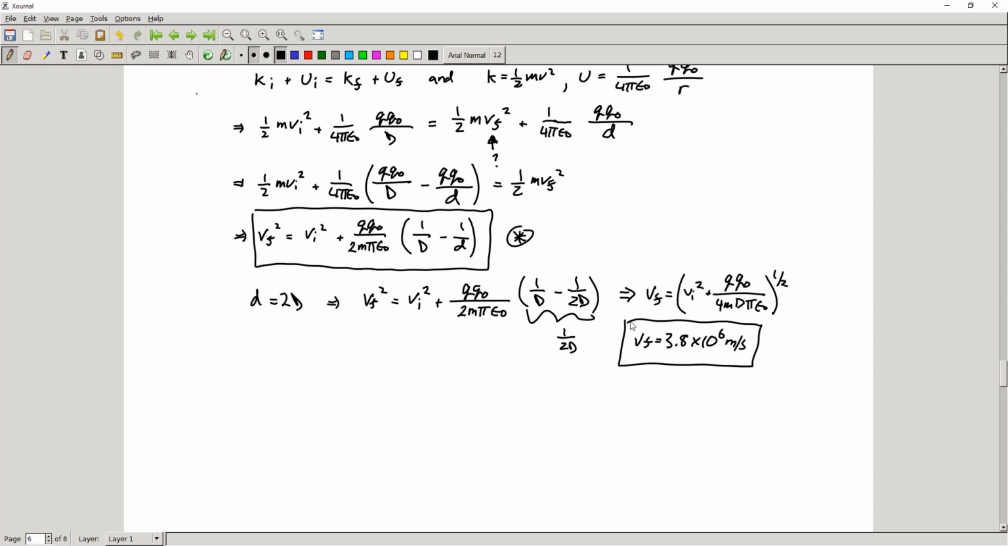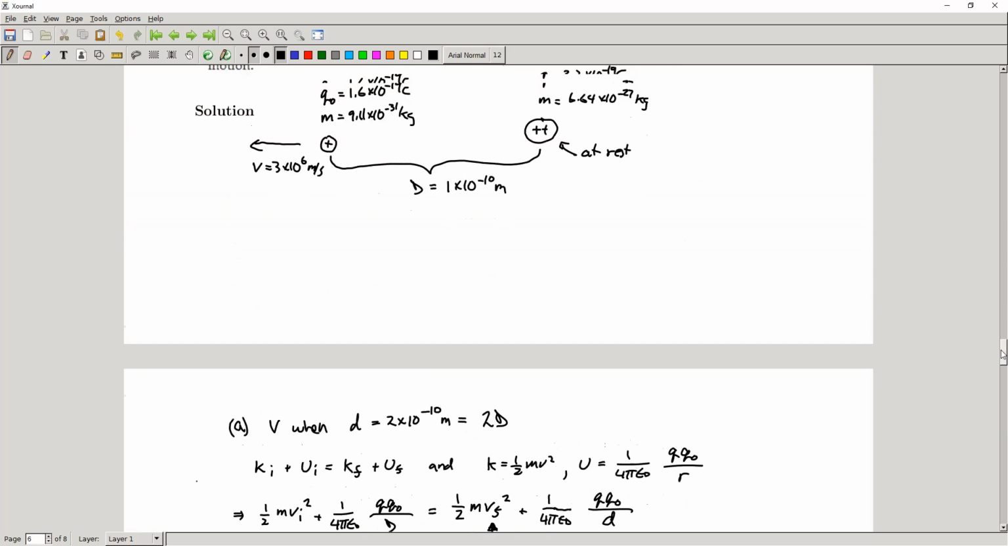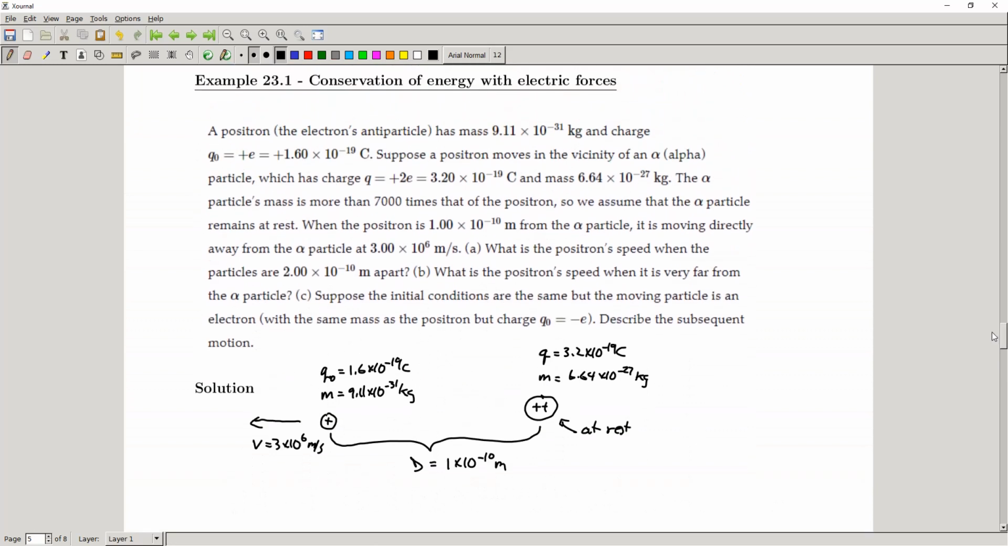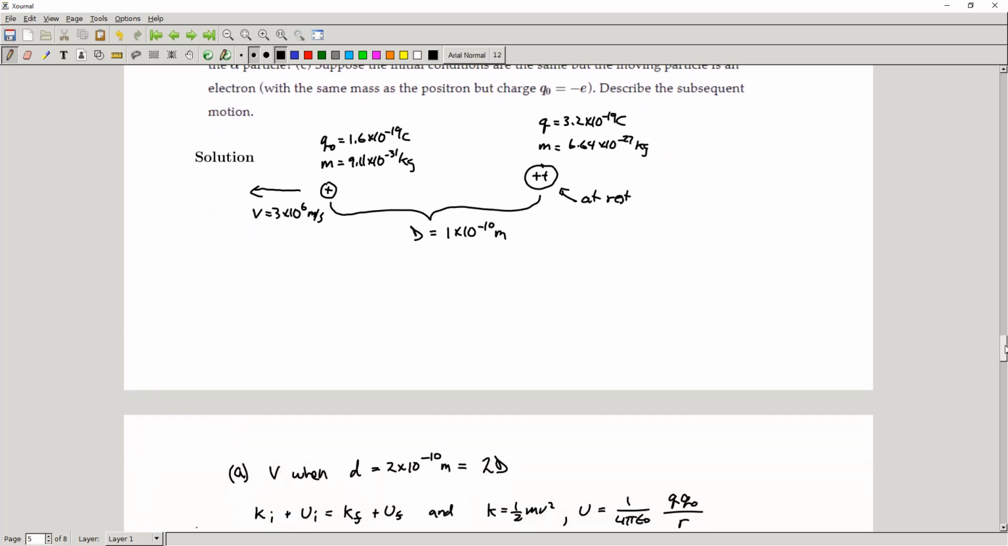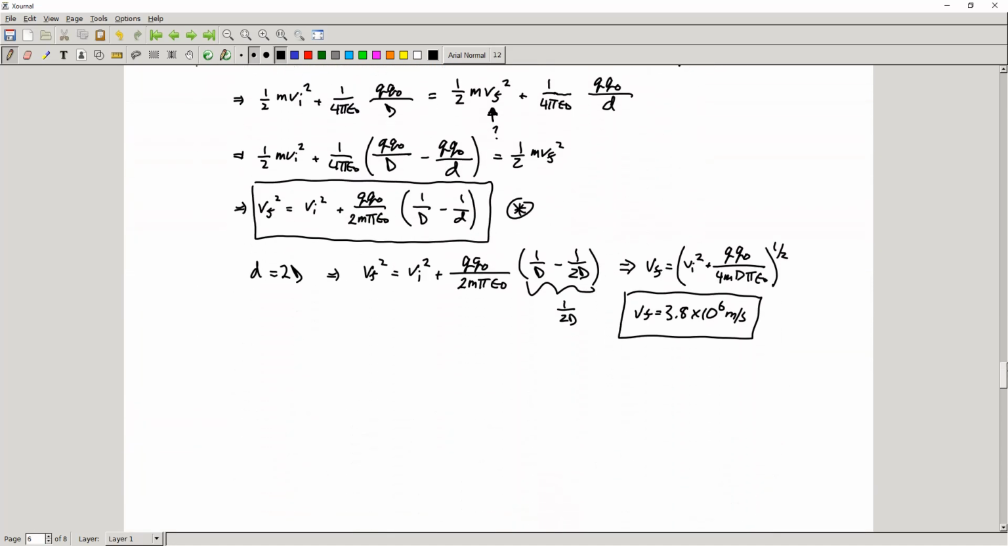All right, so that's part A. Now what about part B? What do we want to find in part B? In part B, what is the positron's speed when it's very far away from the alpha particle, right? So we want to find the positron speed as d goes to infinity. We want to find how fast this thing is moving when it's very, very far away from the alpha particle. Well, all we have to do in this case is go back to our star equation